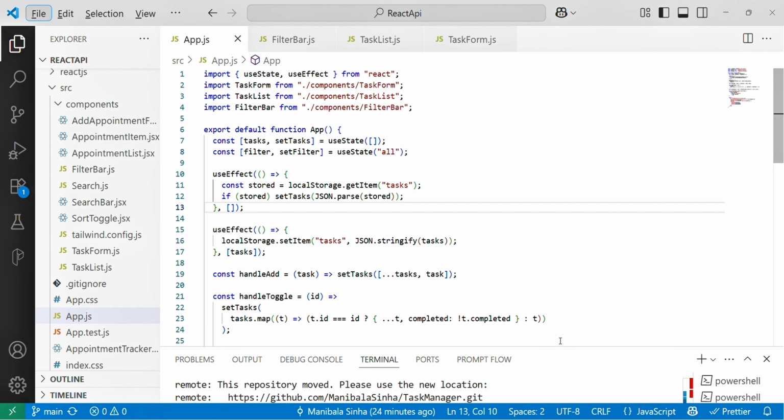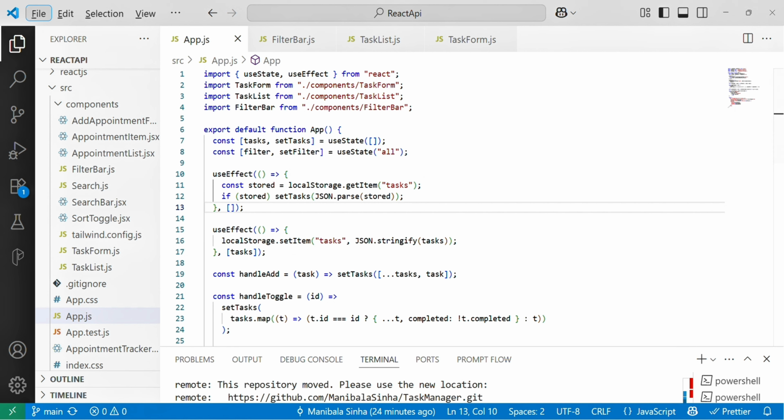And we can see form validation to ensure tasks have essential details, and auto-generated unique ID and completion status for each task. And I have designed responsive UI with clean minimal design using Tailwind CSS, and I have used persistent storage using local storage, and reusable components, task form, task list, filter bar for modularity.